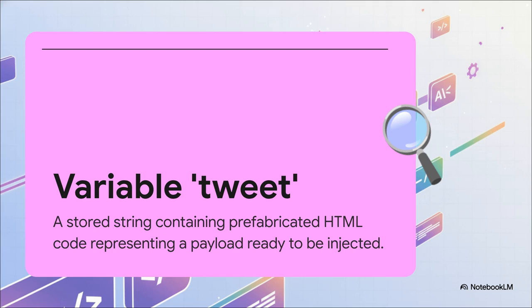Okay, so with the foundation found, we obviously need some building materials. Let's define our payload. Over in our source example, we have a variable cleverly named tweet. Now this variable is essentially just a stored string that contains some prefabricated HTML code wrapped around a bit of data. In this specific case, it's a quirky, totally imaginary tweet that says, "The Bigfoot live, have versus cheese." Yeah, it's a bit nonsensical for sure, but it perfectly represents our structural payload. It's built, it's packed securely into a variable, and it's just standing by, completely ready to be injected into our